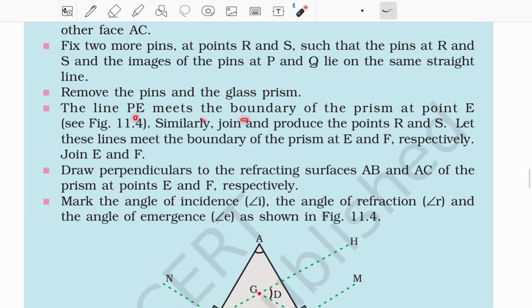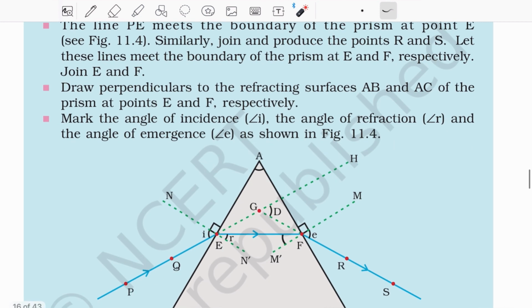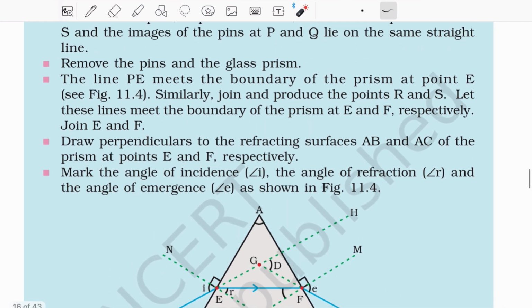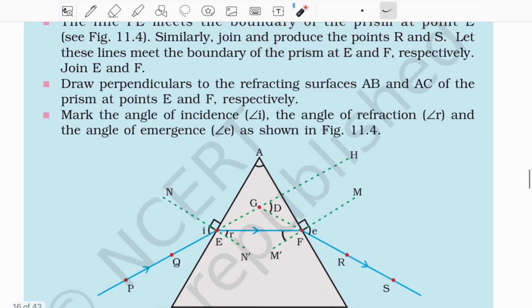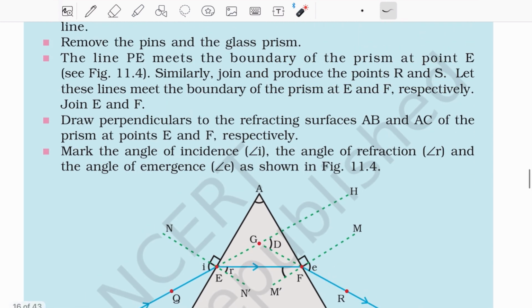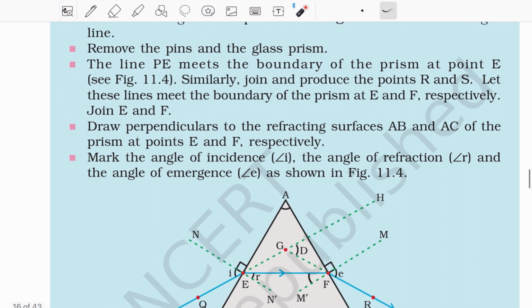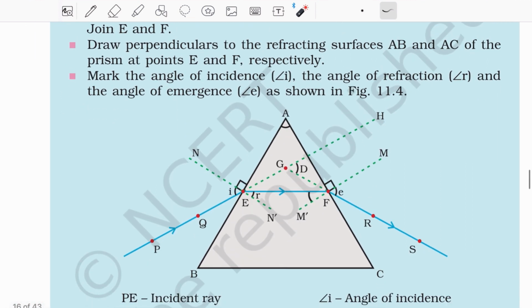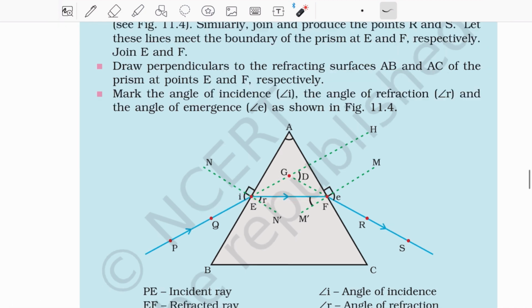The line PE meets the boundary of the prism at point E, right. Similarly, join and produce to get the points R and S. ऐसे ही यहाँ पर भी आप इमर्जेंट रे बना लो. Let these lines meet the boundary of the prism at E and F. अब यहाँ पर ये E और F को भी ज्वाइन कर दो. So now